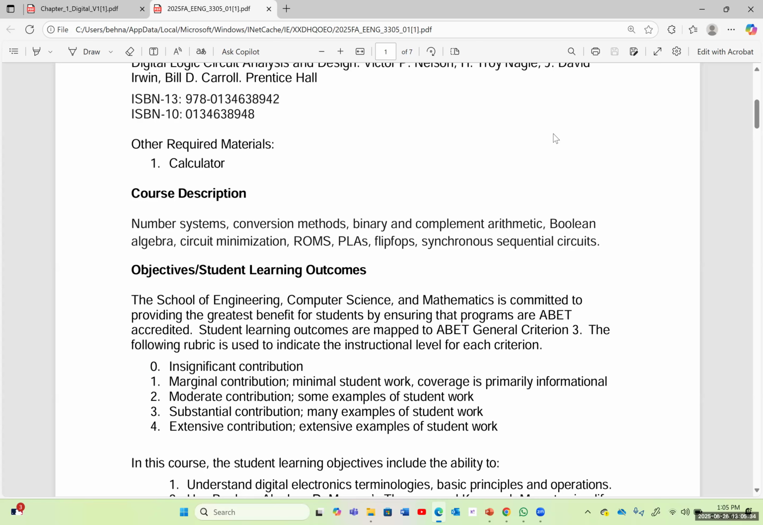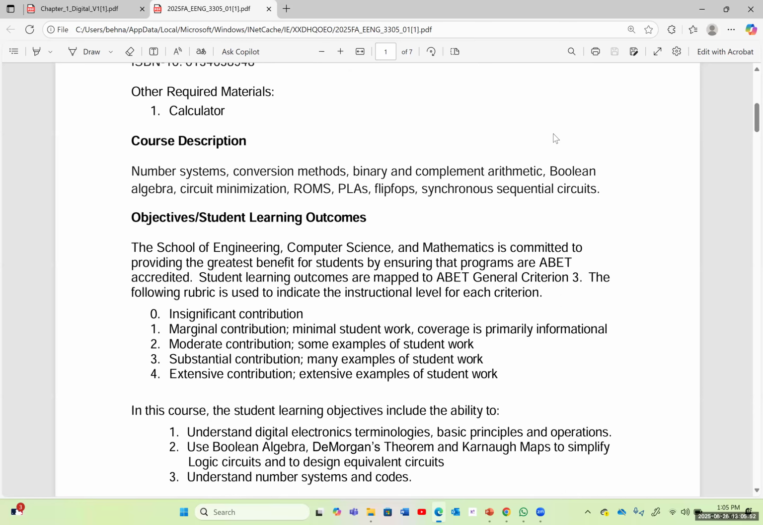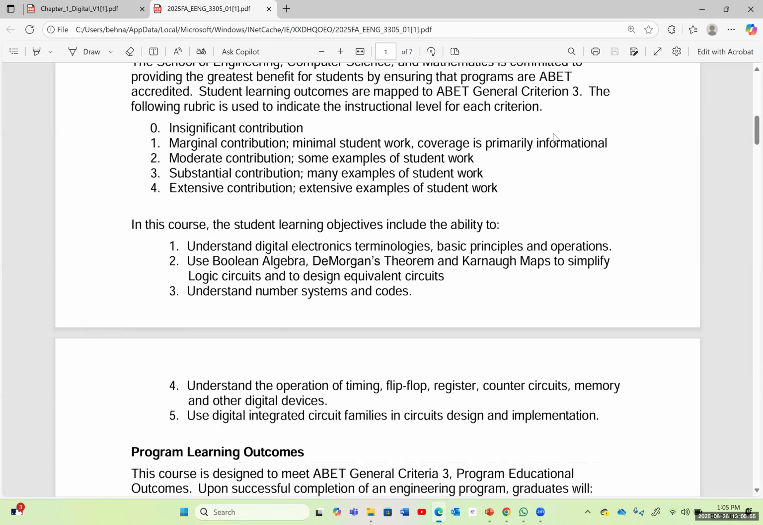For this course, the topics are the number system, conversion methods, Boolean algebra, different logic gates, and circuit minimization, flip-flops, latches, shift registers, and so on. The objectives of this course are to understand digital electronics, terminologies, and learn about number systems, as mentioned, Boolean algebra,